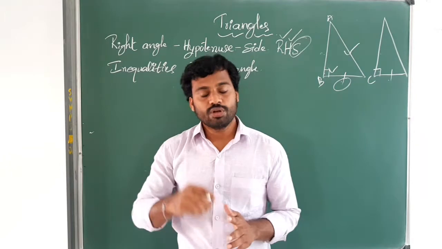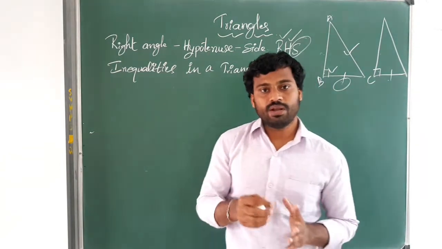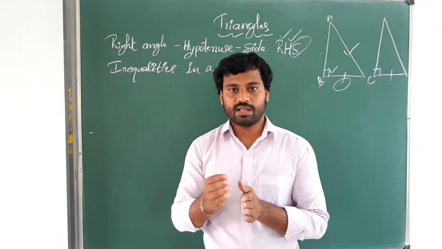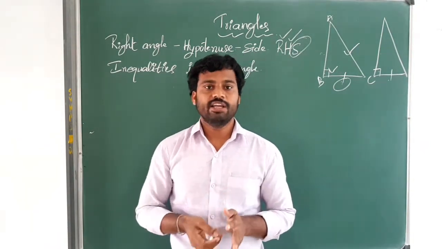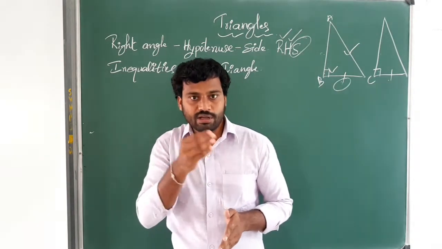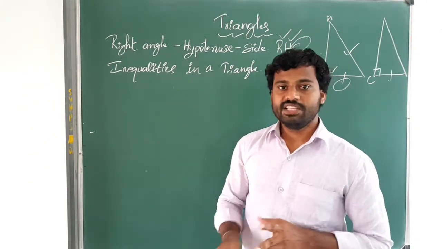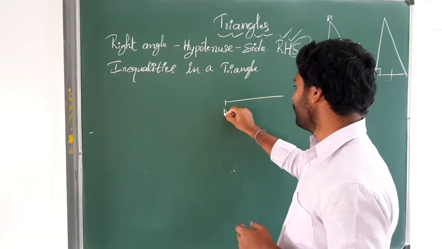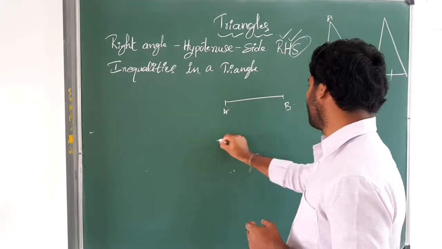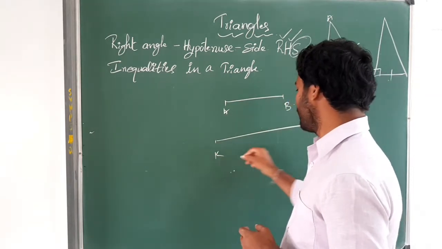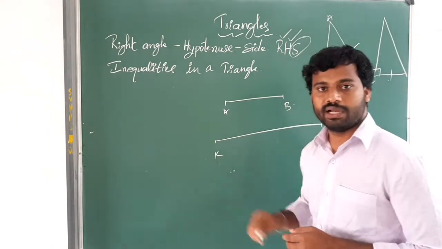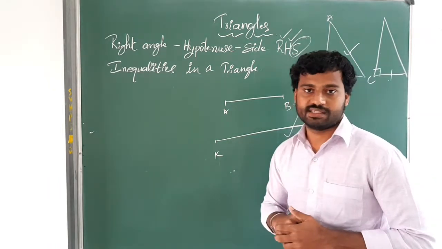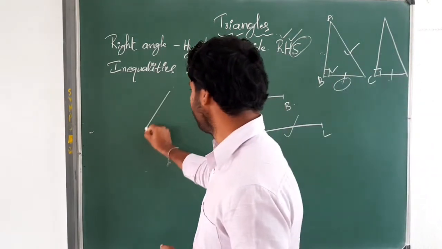Correct or not? So now, if you want to compare inequalities, in triangles sometimes corresponding sides will be equal, sometimes unequal. If you want to compare that, how will you compare? In general, if you are comparing line segments, suppose it is AB and it is KL, directly by looking at these two line segments, you can say this is greater than the AB line segment. In case of angles also,